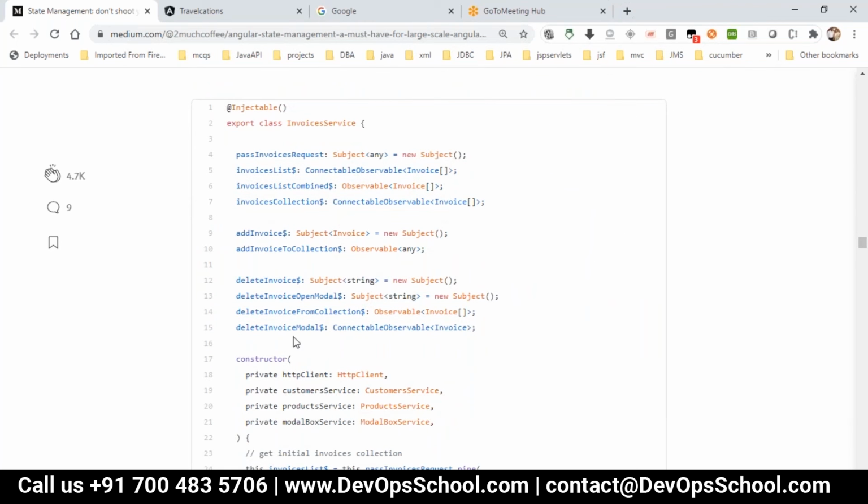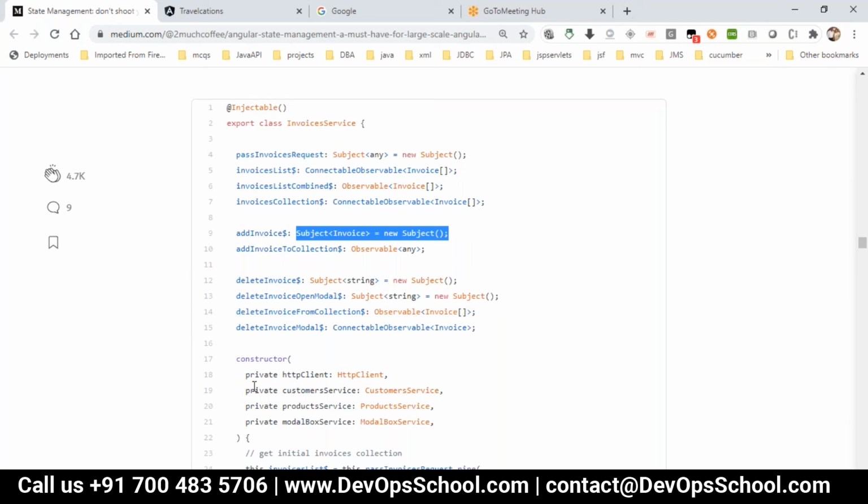When you go with this, if you want to give some initial values, go with the behavior subject. If I don't want to give any initial values, you can go with the subject here. So either you go with the subject and behavior subject approach, or the change detection strategy can also be applied to this.